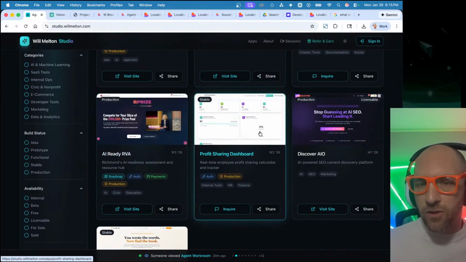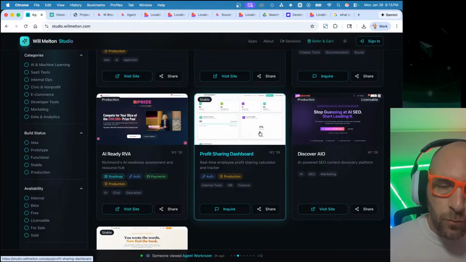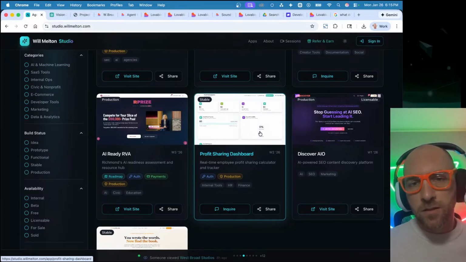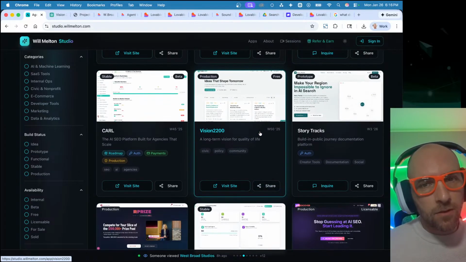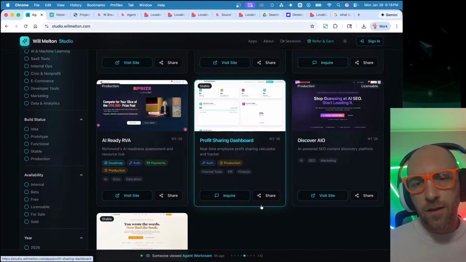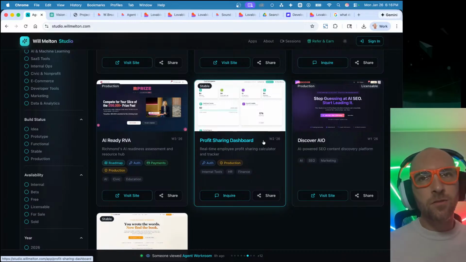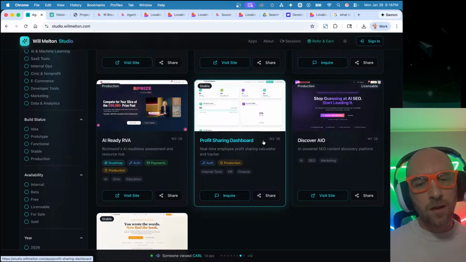I built a profit sharing dashboard for my agency to be able to tune my team's attention to activities that are profit motivated instead of just whatever. I'm not saying that everything is whatever in decision making land at my agency, but in a lot of companies, the leader or the leaders are the ones who make the decisions. And I believe that a great organization is one that empowers all people to make great decisions.